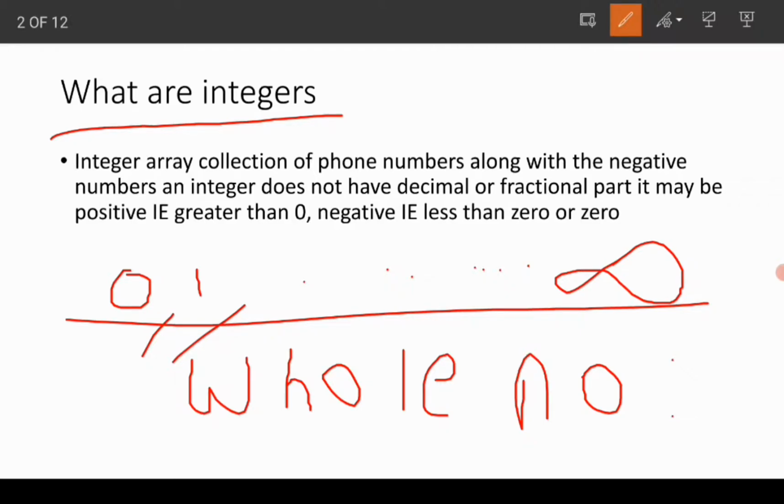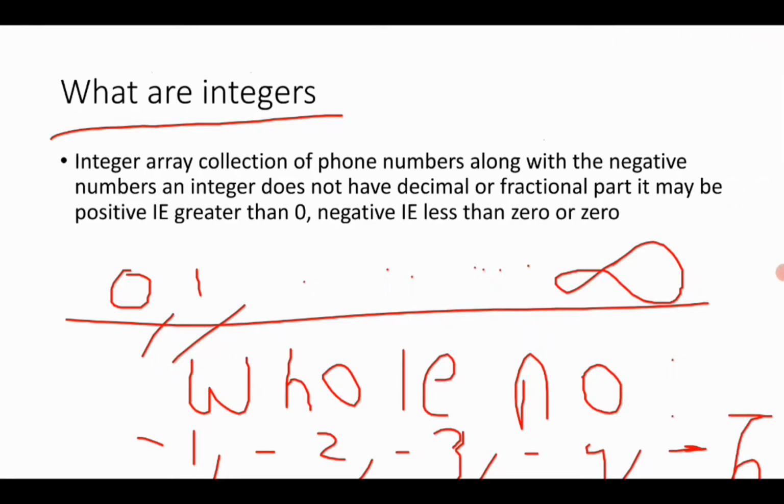and negative numbers. So what are negative numbers? -1, -2, -3. These all are negative numbers, just the opposite of all natural numbers. They have a minus sign, like -5. Okay, these are called integers, a collection of whole numbers and negative numbers. Once again I repeat the definition of integers: a collection of whole numbers and negative numbers.